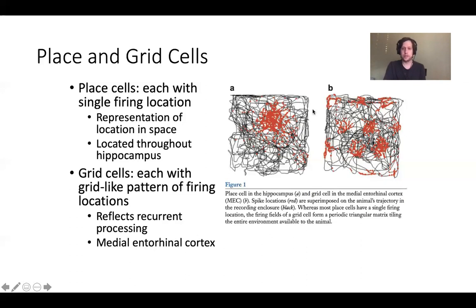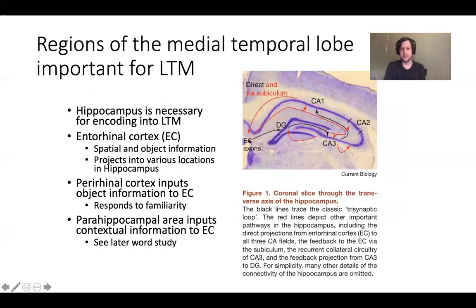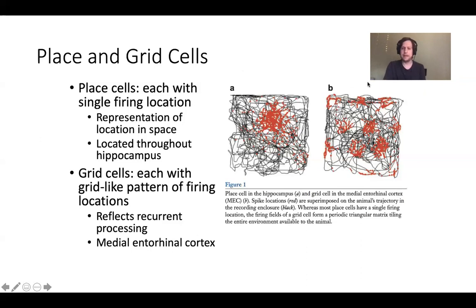And one theory as to what's going on. It's not exactly clear why these cells respond in a grid-like fashion, but one theory is that it has to do with recurrent processing. Once again, that loop: information leaves the EC, which is where these grid cells are, for the hippocampus, and then information from the hippocampus is sent back to the entorhinal cortex. There's that loop there. And that might explain why the entorhinal cortex has this intricate, complex way of representing space, because it's representing input and output at the same time.